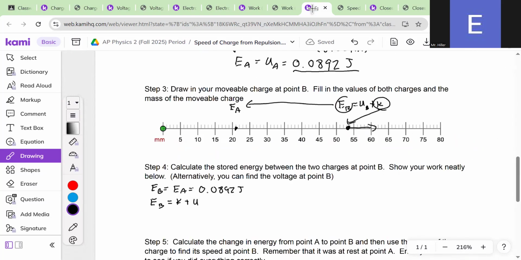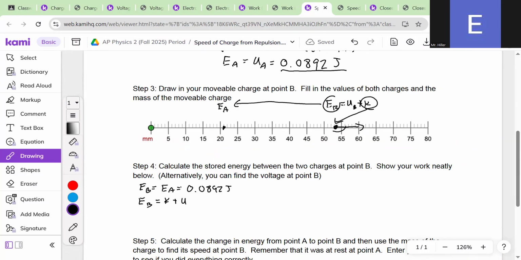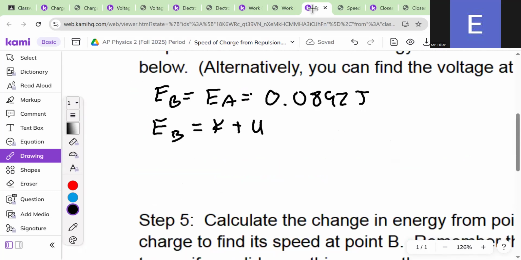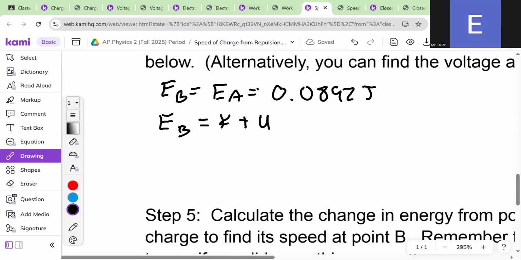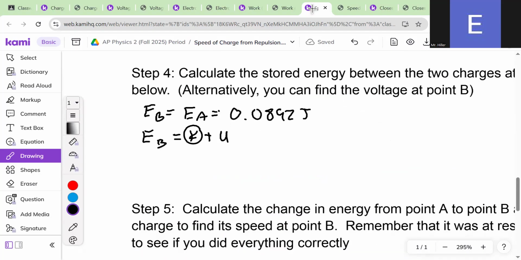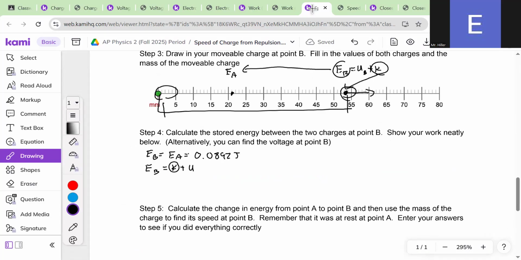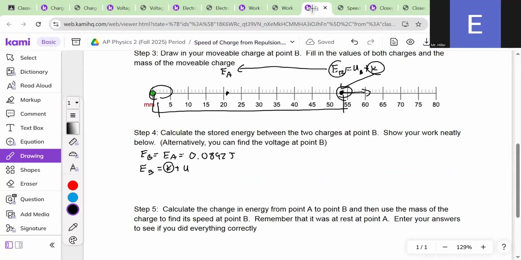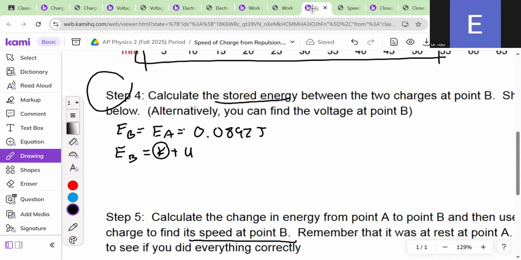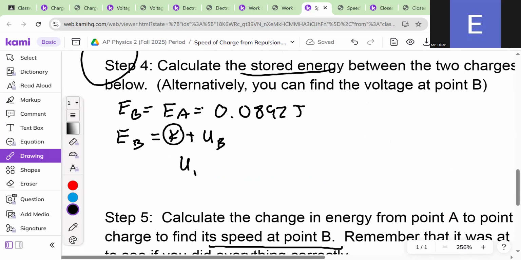Okay, now we can calculate the potential pretty easily because we have two charges and we have the distance between them. So we can figure that out. And once we figure that out, we can then figure out the kinetic energy. Once we figure out the kinetic energy, we can then use that to find the speed at point B. So in step 4, we're going to calculate the stored energy at point B. So let's do that. Stored energy at point B is going to be K Q1 Q2 over RB,